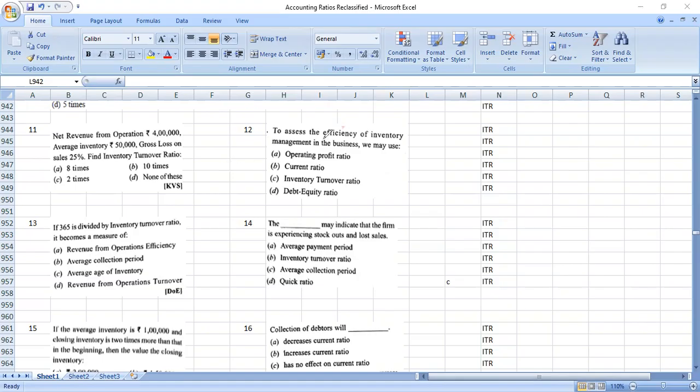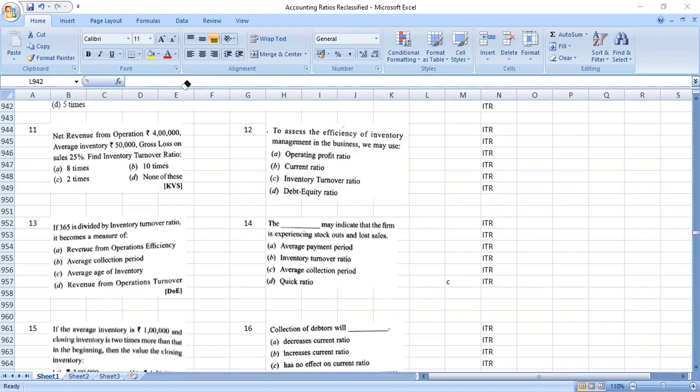12th one, to assess the efficiency of inventory in the business, we use the inventory turnover ratio. Turnover ratios exist to ascertain operational efficiency. If 365 is divided by the inventory turnover ratio, it becomes a measure of